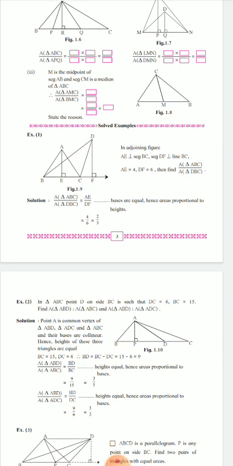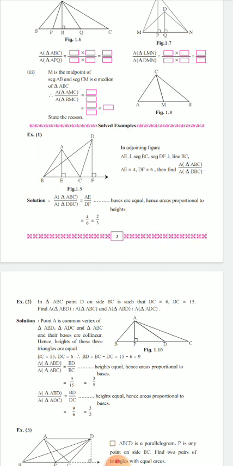So in the first example, a figure is given. In this complete geometry section, we have to observe carefully whatever figures are given in the numerical, because the names are properly given and the angles are properly mentioned there. If we make a mistake while observing, and consider another angle instead of one angle, you will get 0 marks in this example.